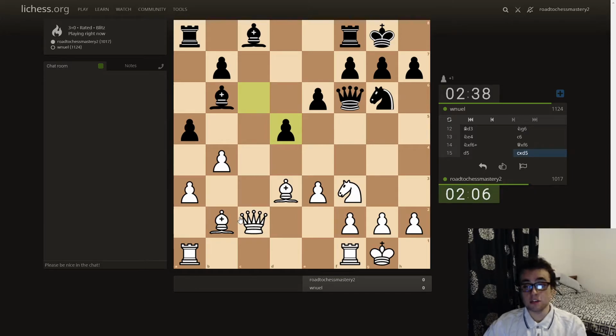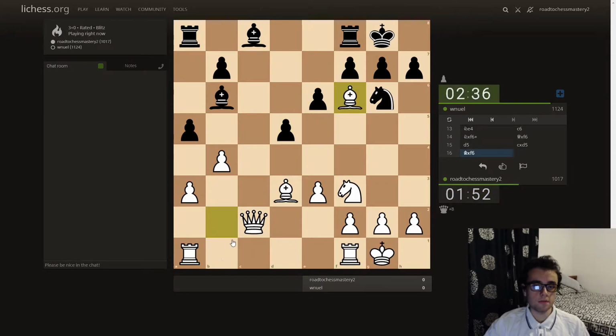And as you can see, it worked. It was a very simple idea, push a pawn, while, as I said, my bishops were very strong, and this is where I actually proved that my bishops are very strong. Here I just win a queen,